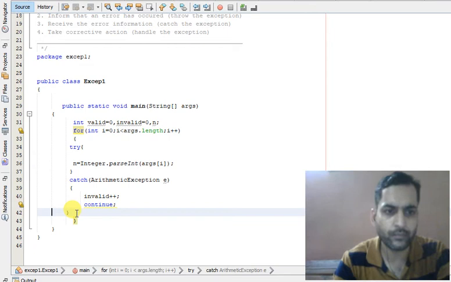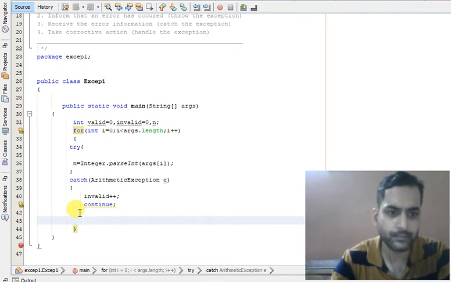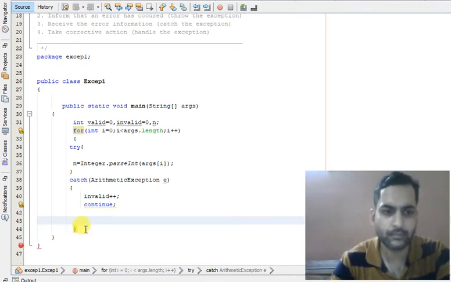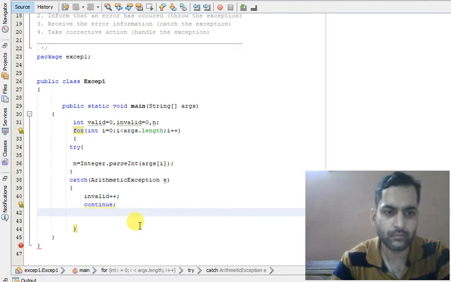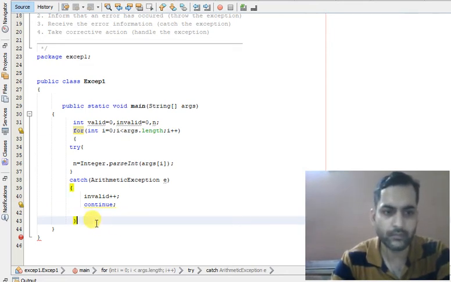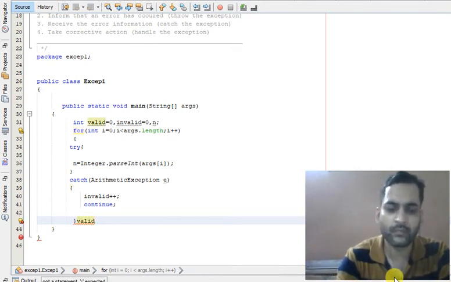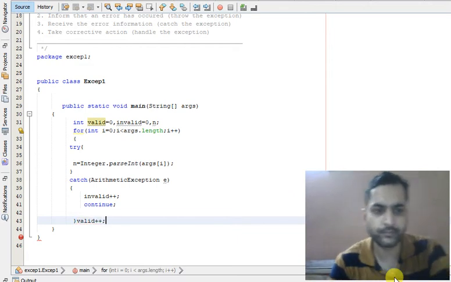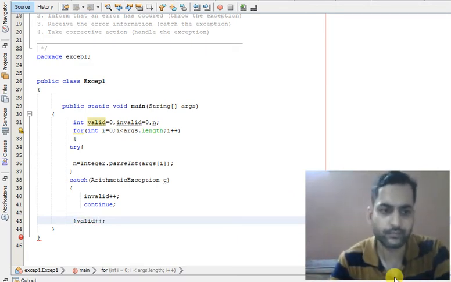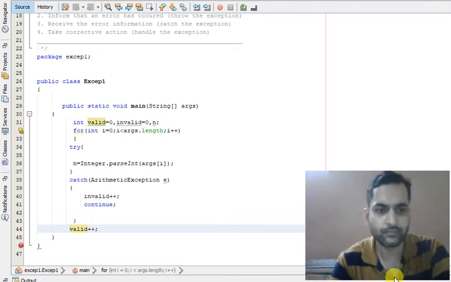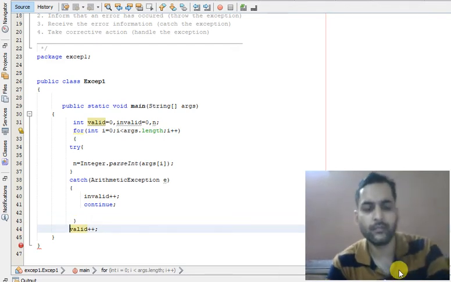Otherwise the number is a valid number and we can increment the variable valid plus plus.